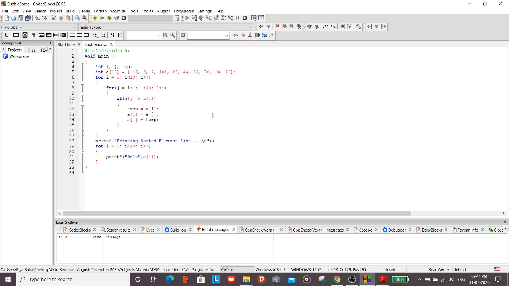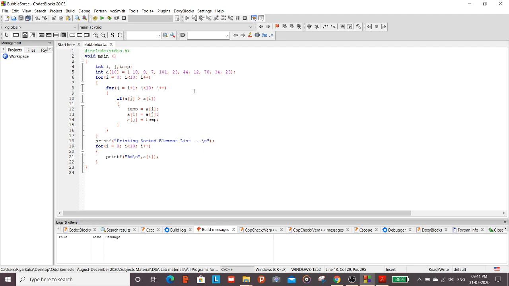In this way the swapping has to be done. Next the increment is done and control comes here. Then we print the sorted elements, just printing the a of i variable.